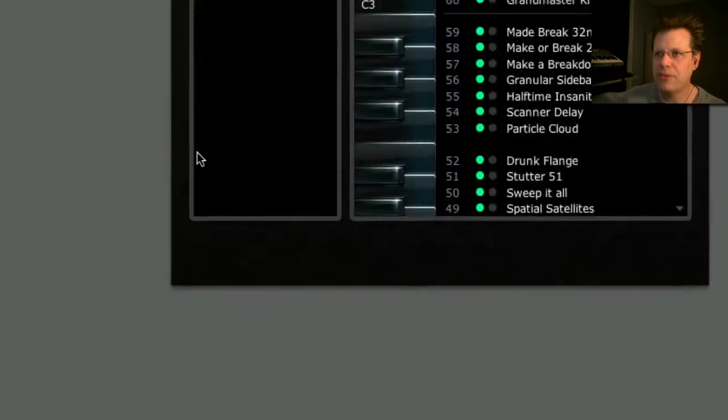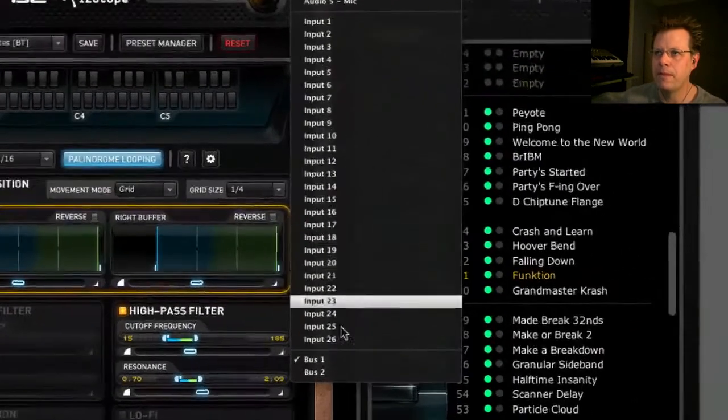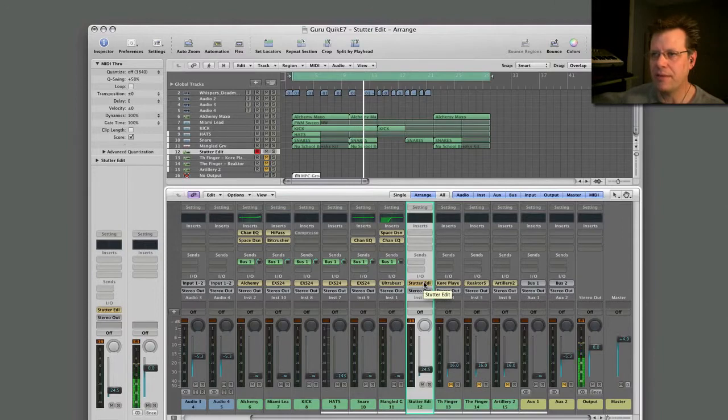So when you call up Stutter Edit, or you call up the other effects in the top right corner in Logic Pro, down at the bottom of the list, it says bus 1. And you select that, and since I've done that, now when I play a note,